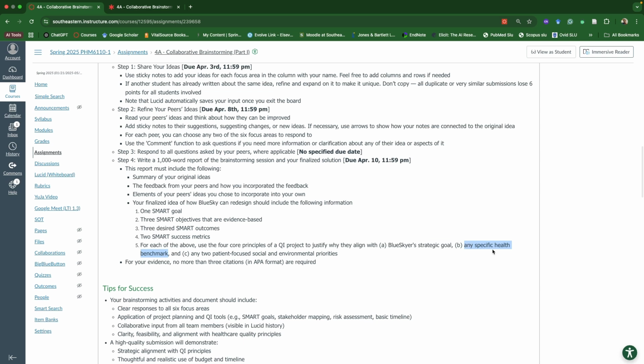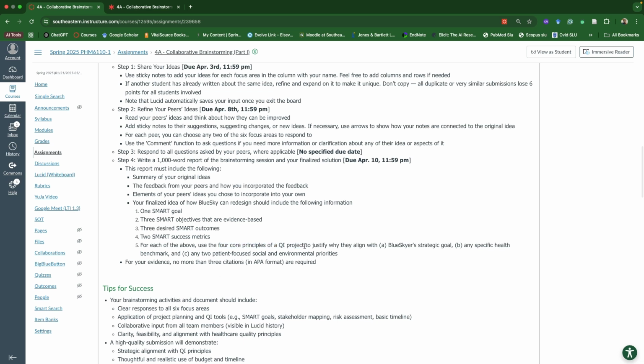So choose any specific health benchmark, and then select any two patient-focused social and environmental priorities. So everything is really all up to you which ones you select, so long as you're making a good justification about why it is part of the three core principles of AQI project.